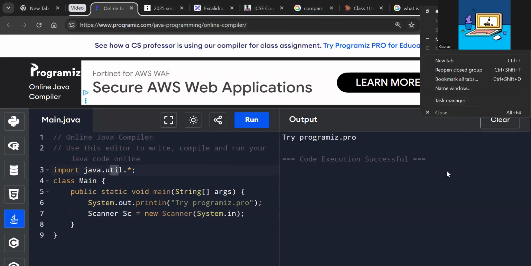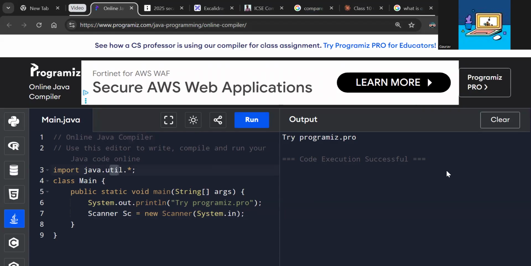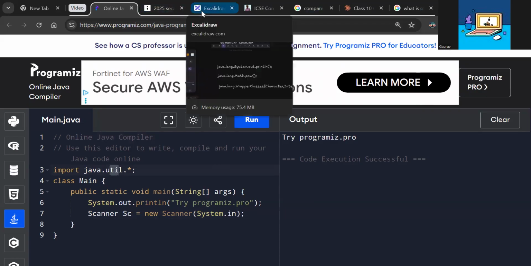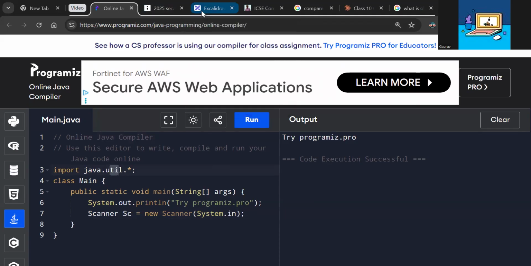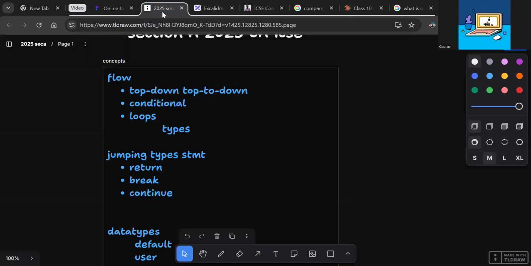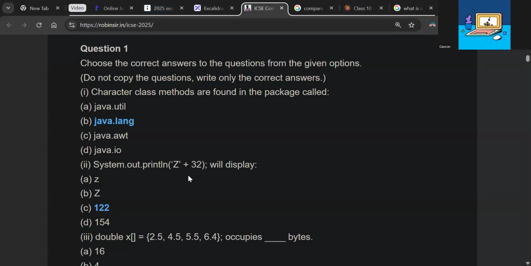And I should click with the vertical tab. So, yeah. So